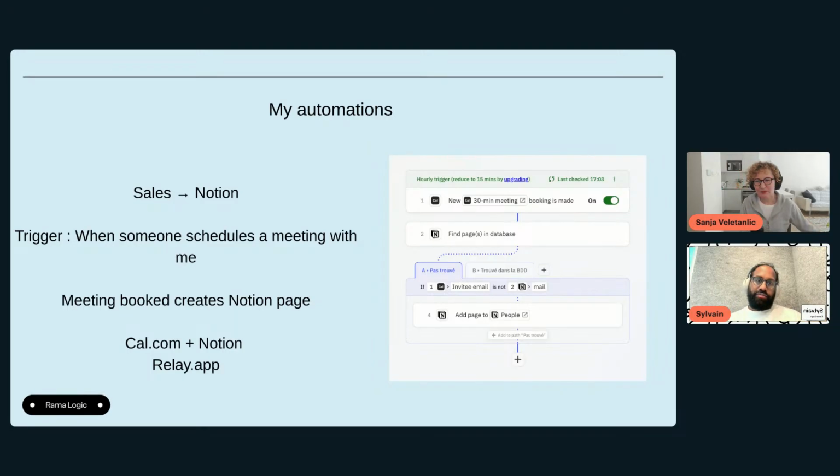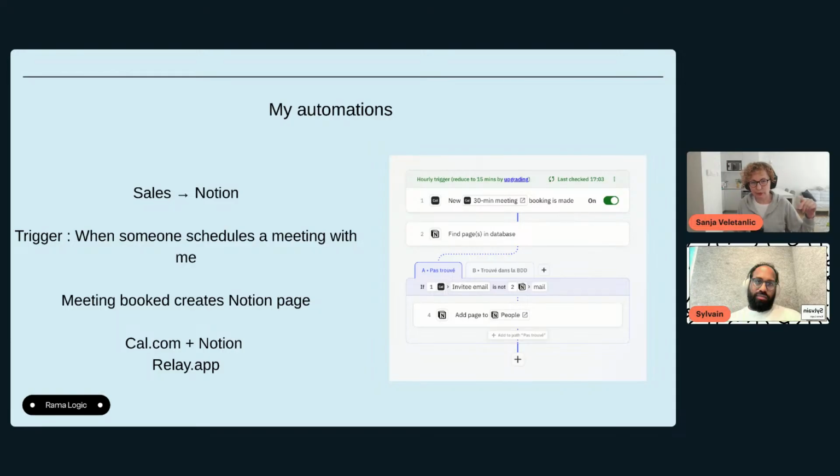Yeah, I was doing a similar thing with Relay app, but for emails. I don't have it here, but it worked very similarly. When a new email was tagged with a label that I called something like forward to Notion, it went into my Notion, into the sales pipeline.